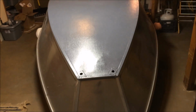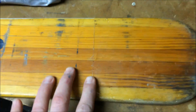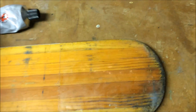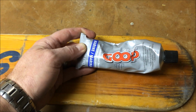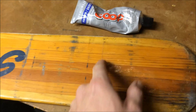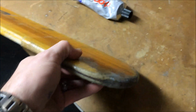One other little thing I wanted to show you is a little project I did with my Sawyer Light ash oars. You can see it if you look up close. I have a product on here called Goop, and it's a marine goop. It's made by the same company that makes Shoe Goo, and it's actually real similar, but it's a super hard rubberized glue varnish, and the ends of my oars were getting really haggard,